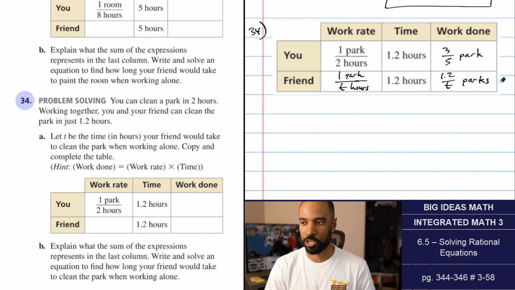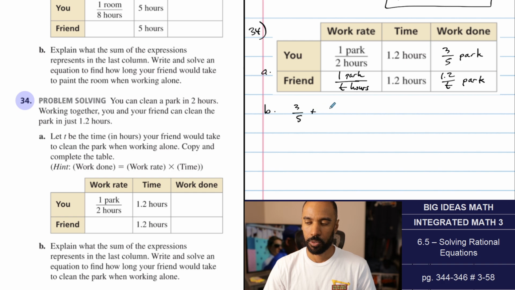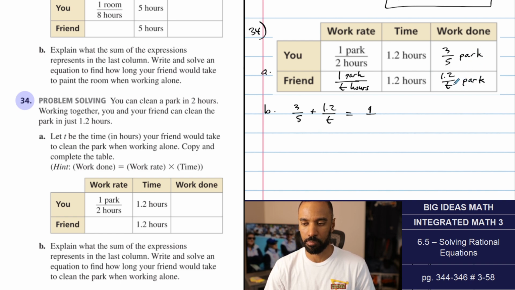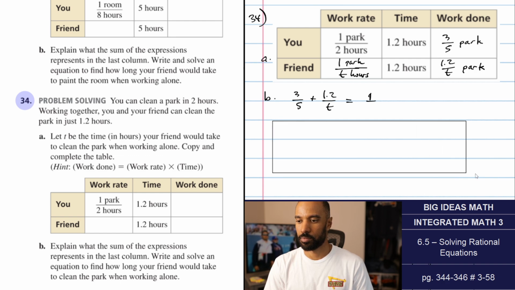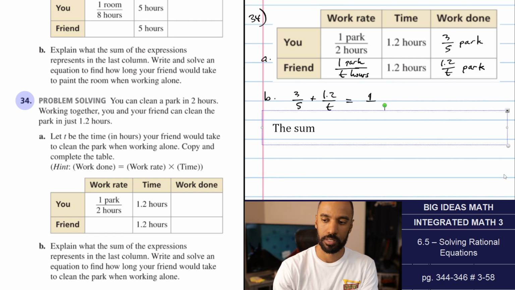Or that much fraction of the park completed. So that's part A. Part B, I think, is the same question. Express what it means and write and solve. So 3/5 plus 1.2 over t would equal 1 park total, because this is how much of the park I do. This is how much of the park my friend does. So again, the sum represents